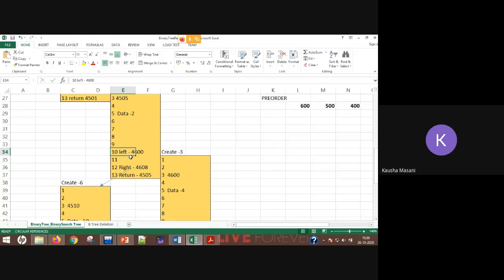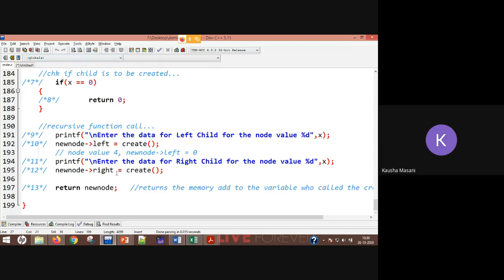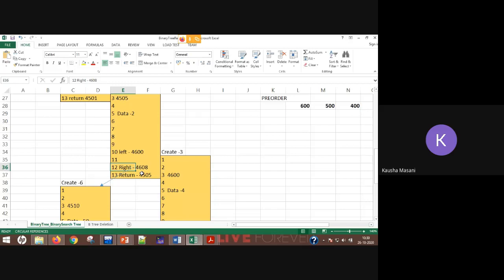The memory address, so 4600 is here. Now these 3 lines will get executed. Now again on the right side you are calling this function, because you have written new node right create. So we are finished with all the left children. Now we are going to go on the right side. So this is how you are creating.